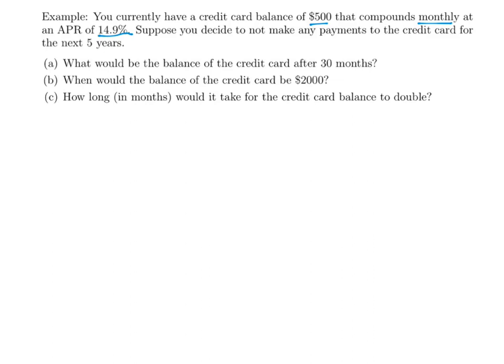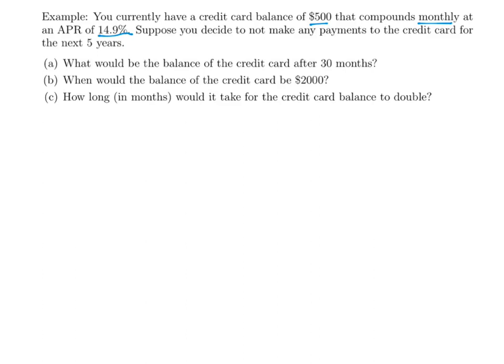All right. Part A says, what would be the balance for the credit card after 30 months? Part B says, when would the balance of the credit card be $2,000? And then how long would it take the credit card balance to double? So this question doesn't ask us to find the function, but we should find the function that'll help us answer